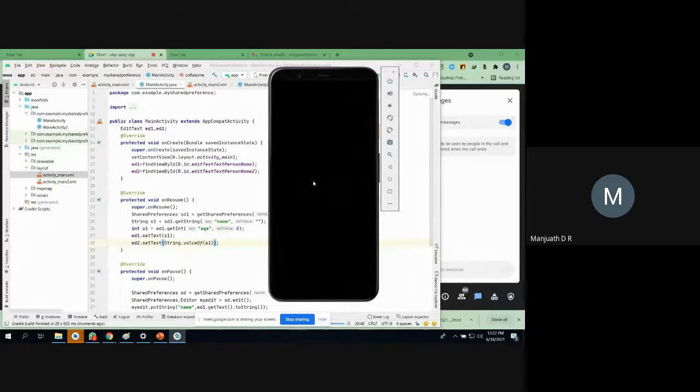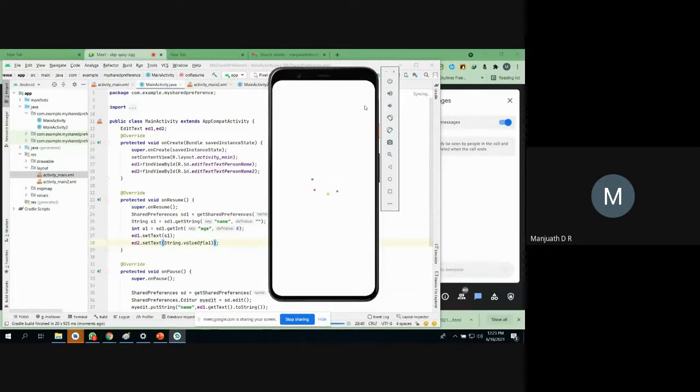We'll wait until it restarts the system, because I have wiped out complete data. That's why it's taking some time to restart.